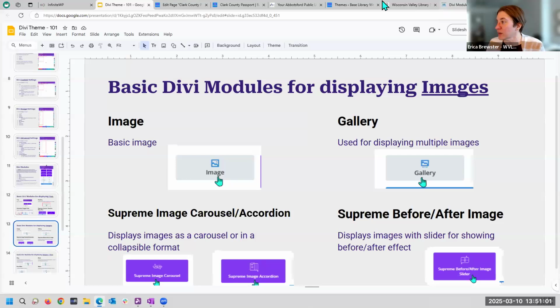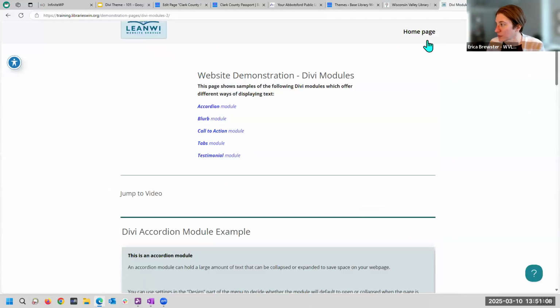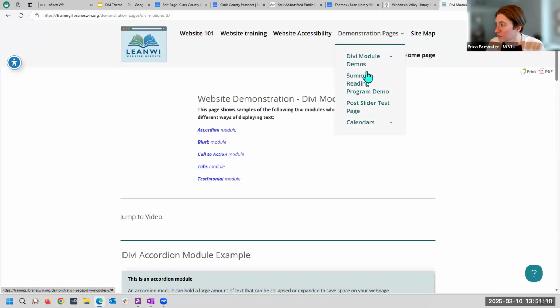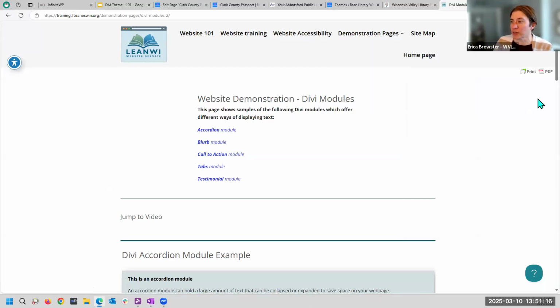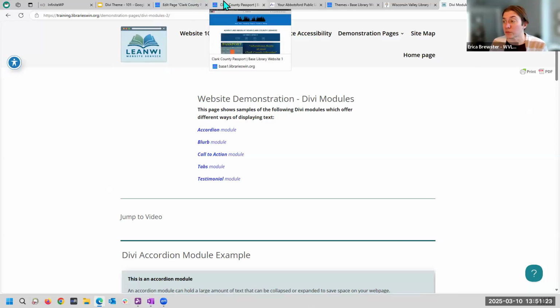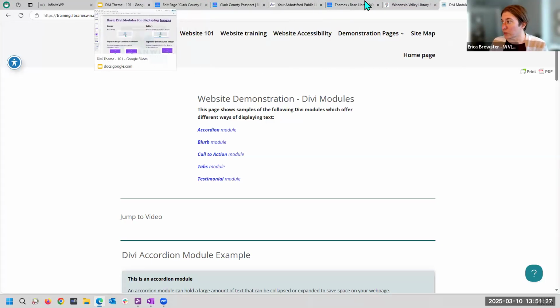And let me see if I can find, not sure if I had that one up here. I will find that for another day. I didn't bring it up to show, but it is neat because you can slide it back and forth and show how an image or how something has changed. Back to our